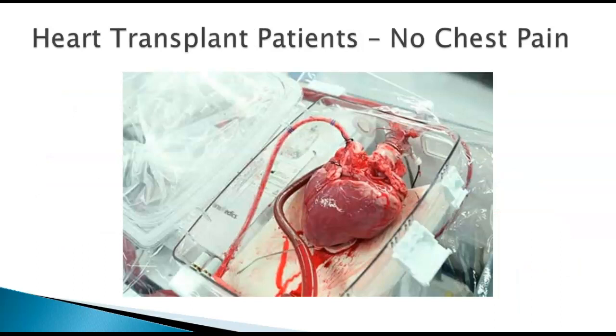Let's talk a little bit about heart transplant patients. When the heart is removed, they snip the vagus nerve. Therefore, they never get chest pain, even if they're having an acute MI. So they might have other symptoms like nausea or weakness or low blood pressure. So you have to look at other things like that. If they do not have chest pain and they've had a heart transplant, you have other questions that you can ask.